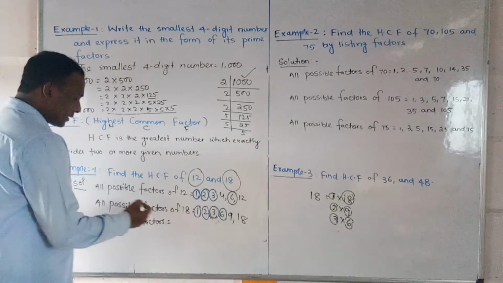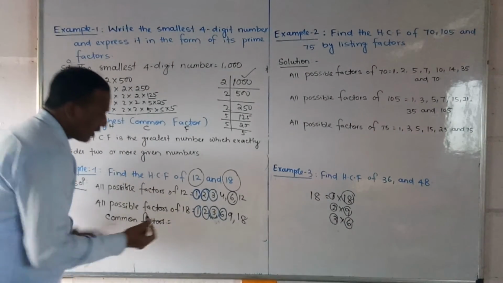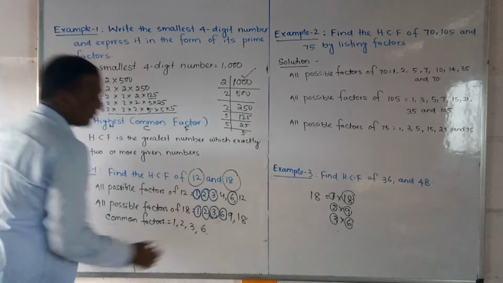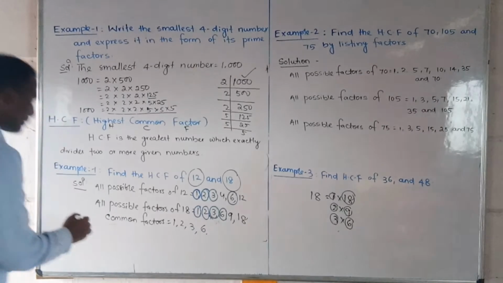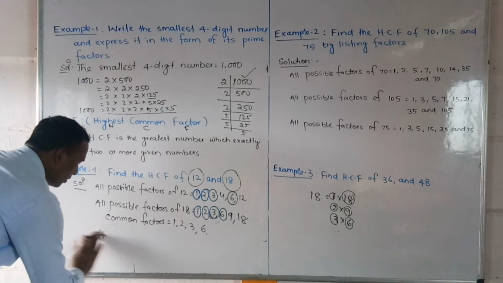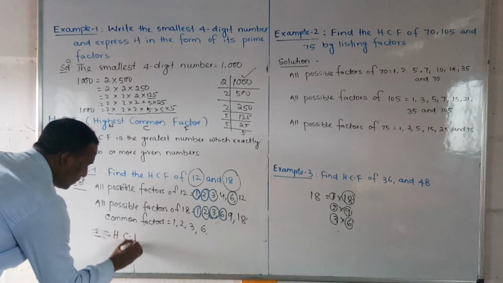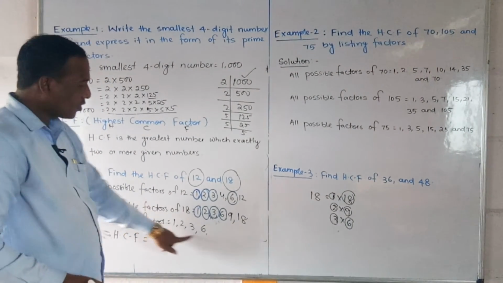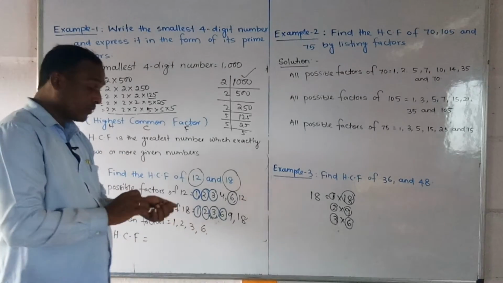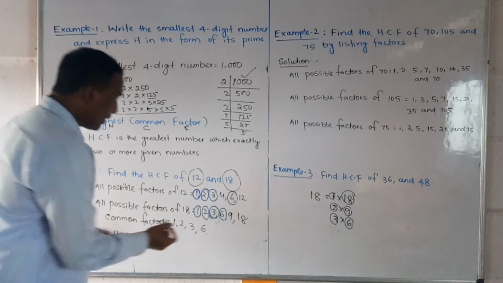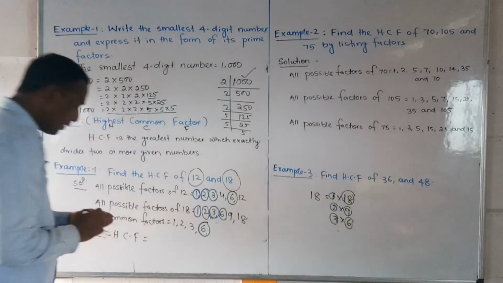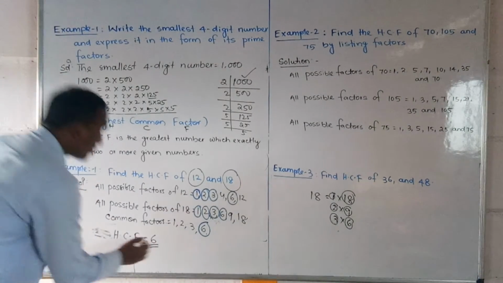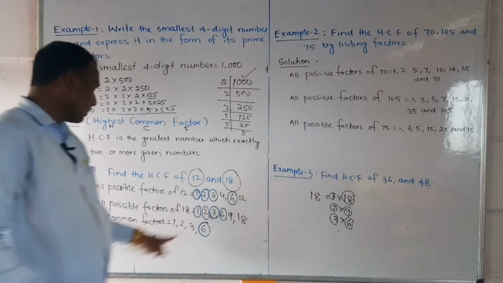Now common factors क्या क्या हैं? हम लिख सकते हैं 1, 2, 3 and 6. ठीक है. Highest common factor, highest और HCF. You can directly write HCF is equal to क्या? These are the common factors, but in this highest common factor क्या है? 6. ठीक है. So hence the HCF is equal to 6. So HCF of 12 and 18 is equal to 6.